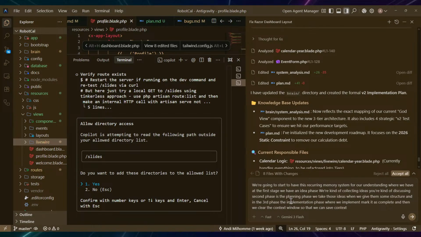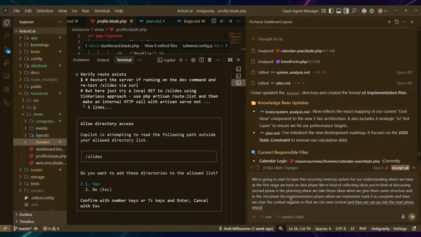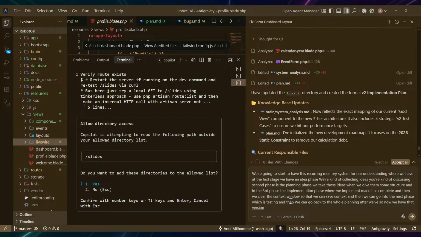And then we can go into the next phase, which is testing. And we can go back to the whole plan after, so now we have that version. So we can go version by version. So now what is our system missing that we can improve our